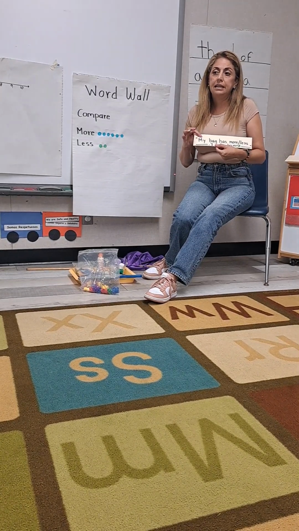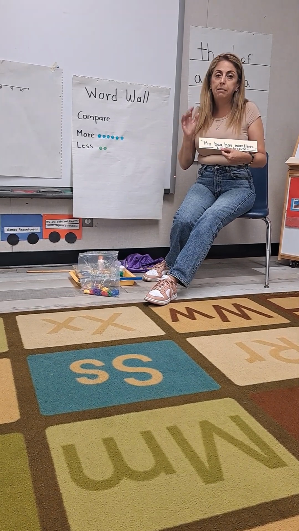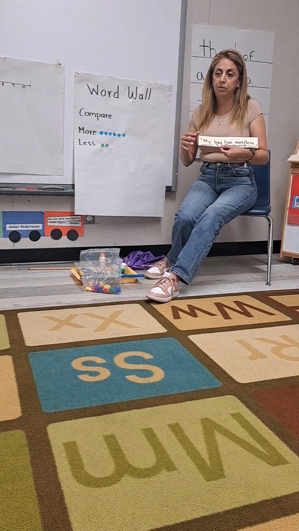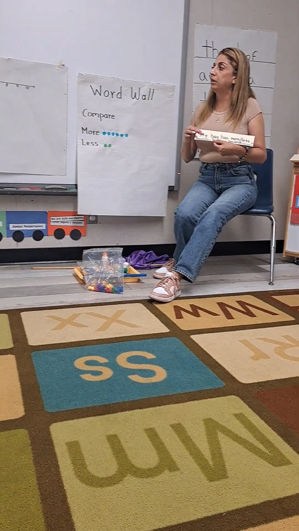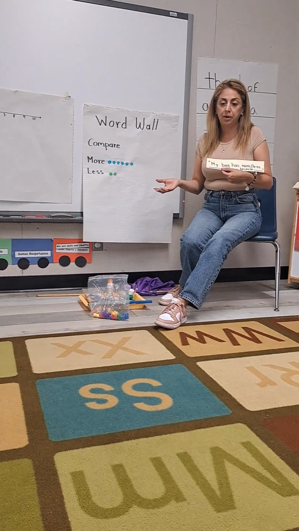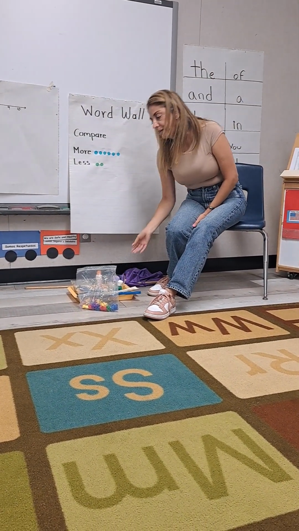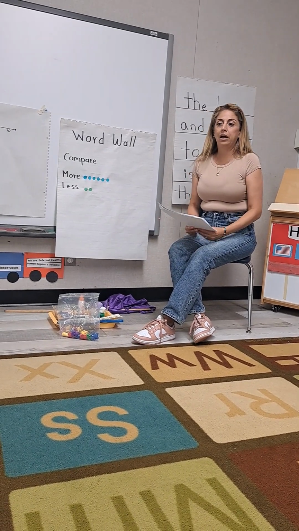Or if I see that I have friends that can count higher, then I can plan intentionally next time and maybe have them count higher than 10, so they can also keep on learning more, and that it's more challenging for them. And this is my lesson plan, and the last part will be my closure,